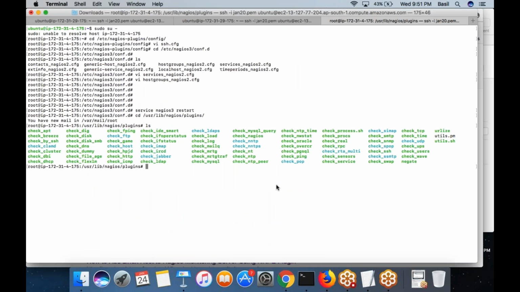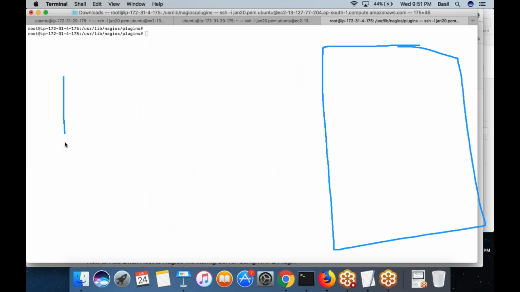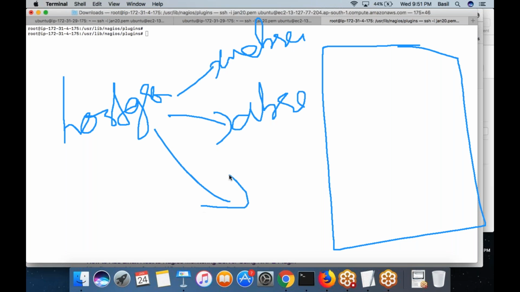So always remember, the most preferred way to manage a set of machines is by creating host groups. Create host groups based on the machine roles. Create a group called web servers, create another group called DB servers, create another group called load balancer.